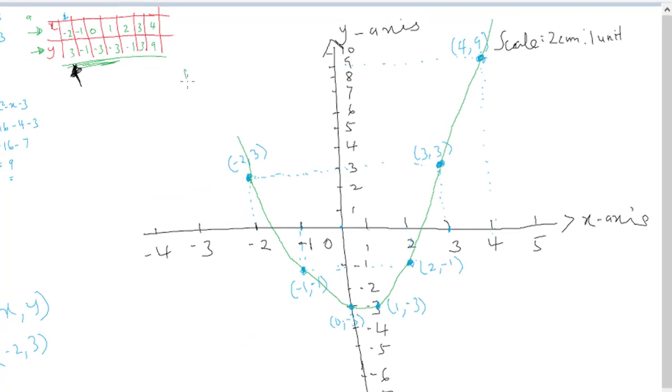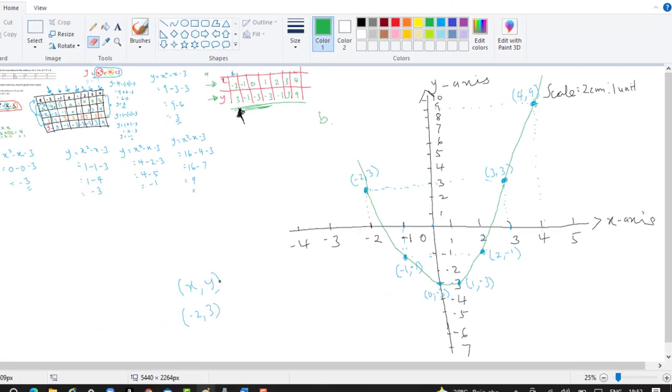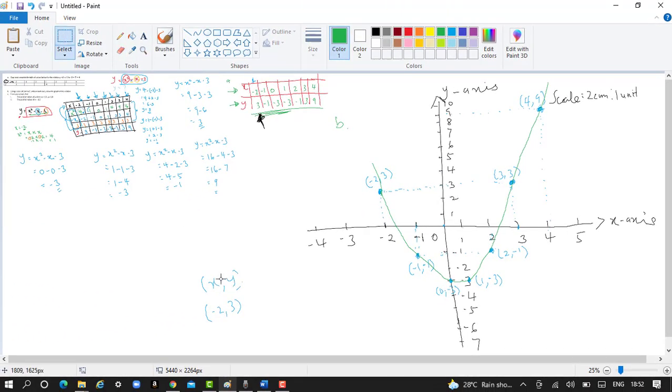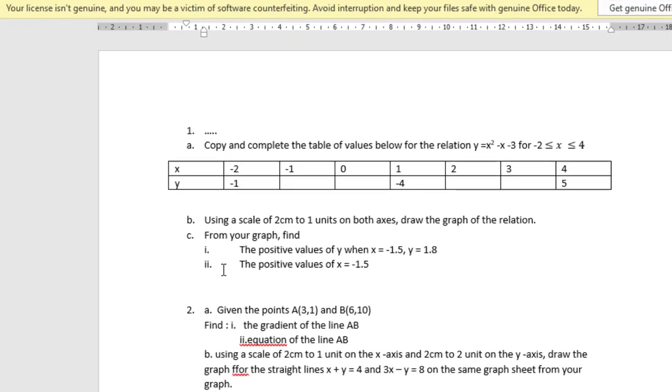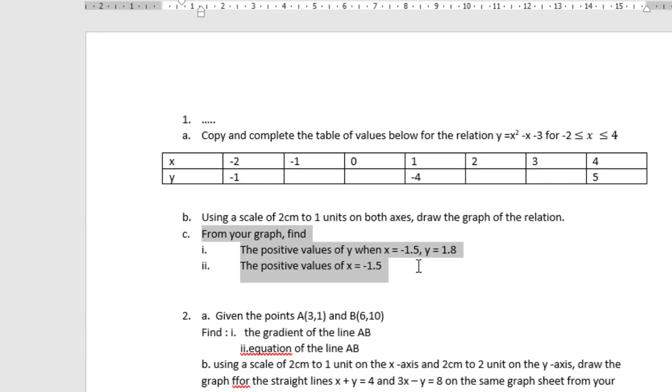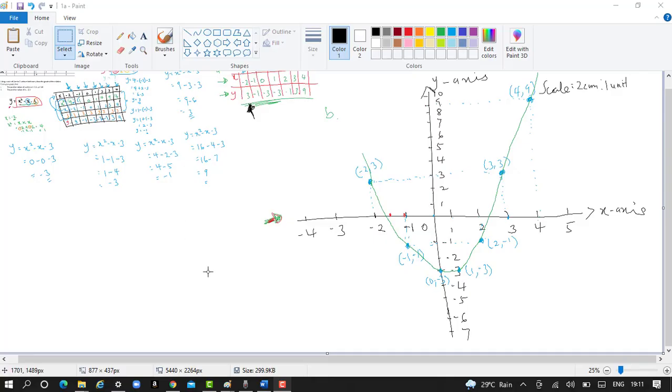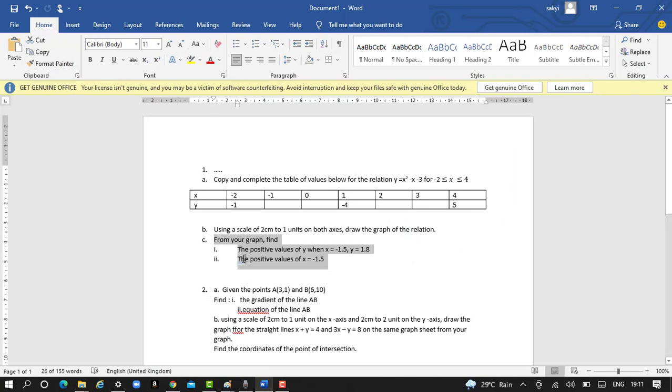I think this will be B. Okay, this one will be B. We'll clean these things from here. Now the next one says C. Good. So the next question says that you are supposed to find the positive values of y when x is